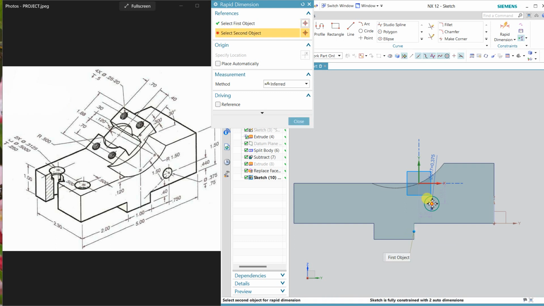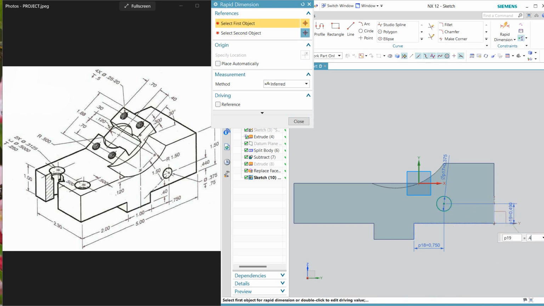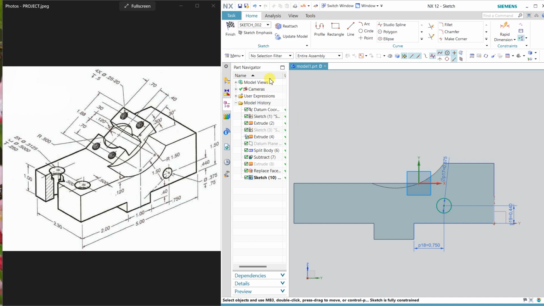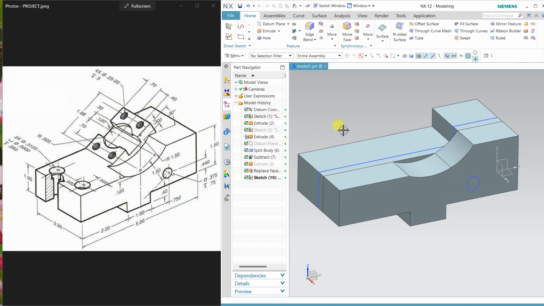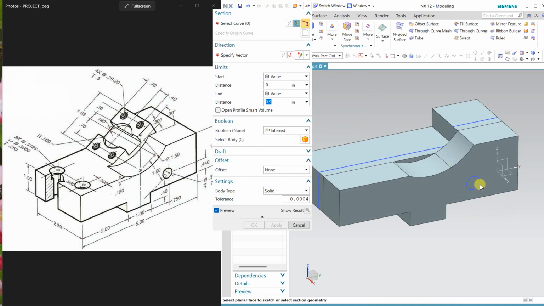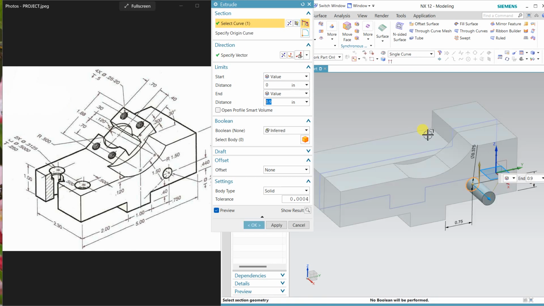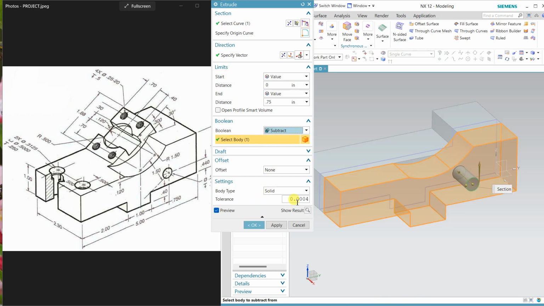From here this distance is 0.75 horizontal distance, and from bottom it is 0.44, close, and it is 0.75 deep, 0.75 deep, and subtract it. Okay,